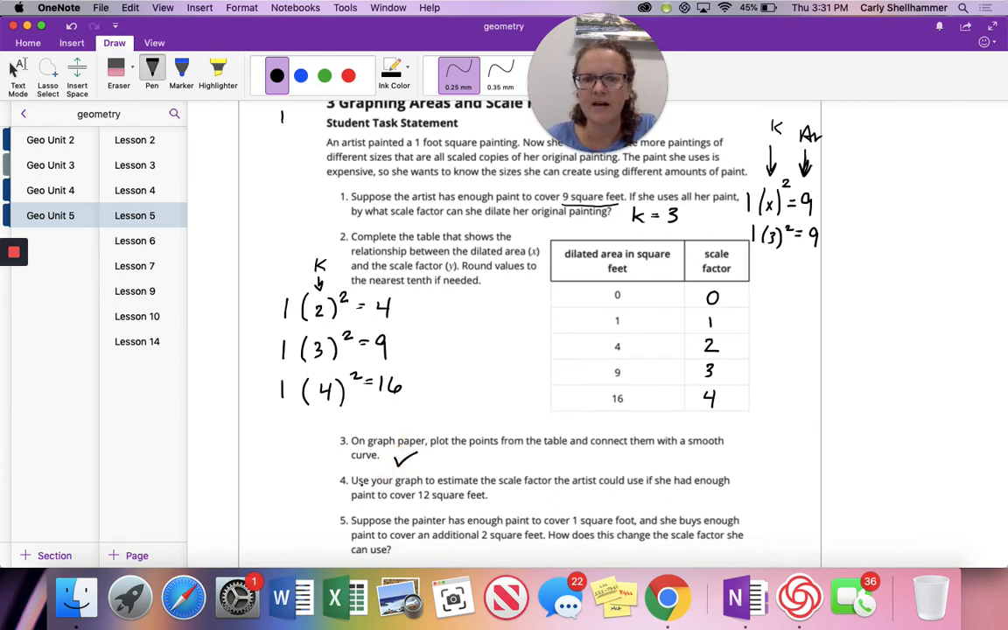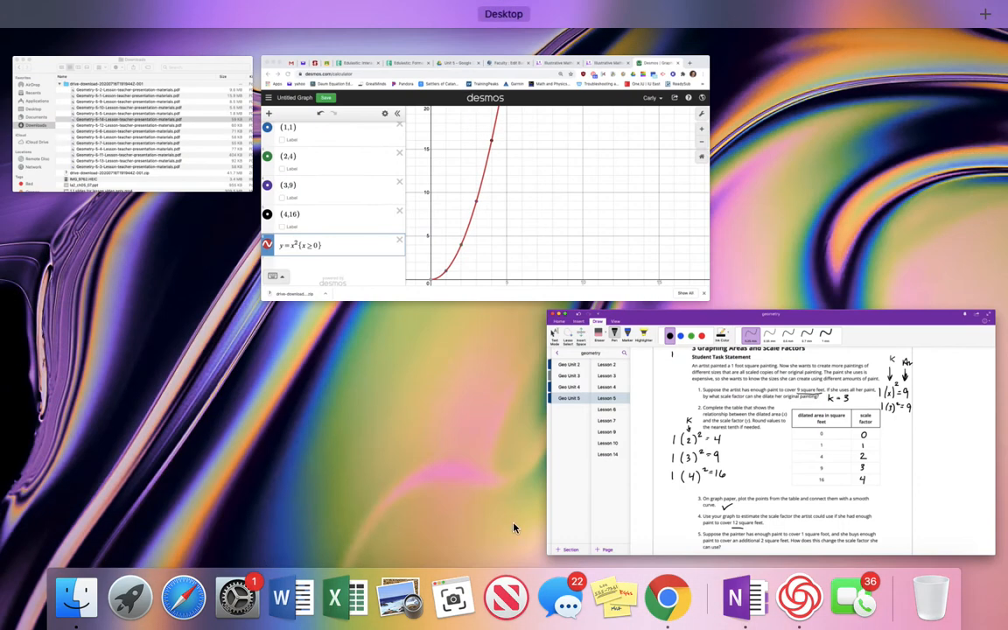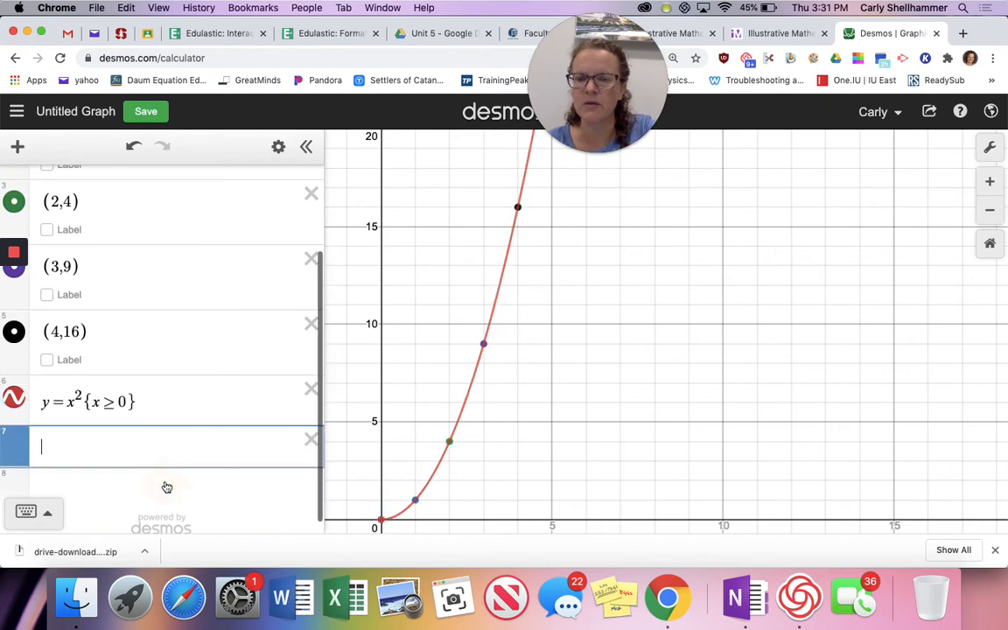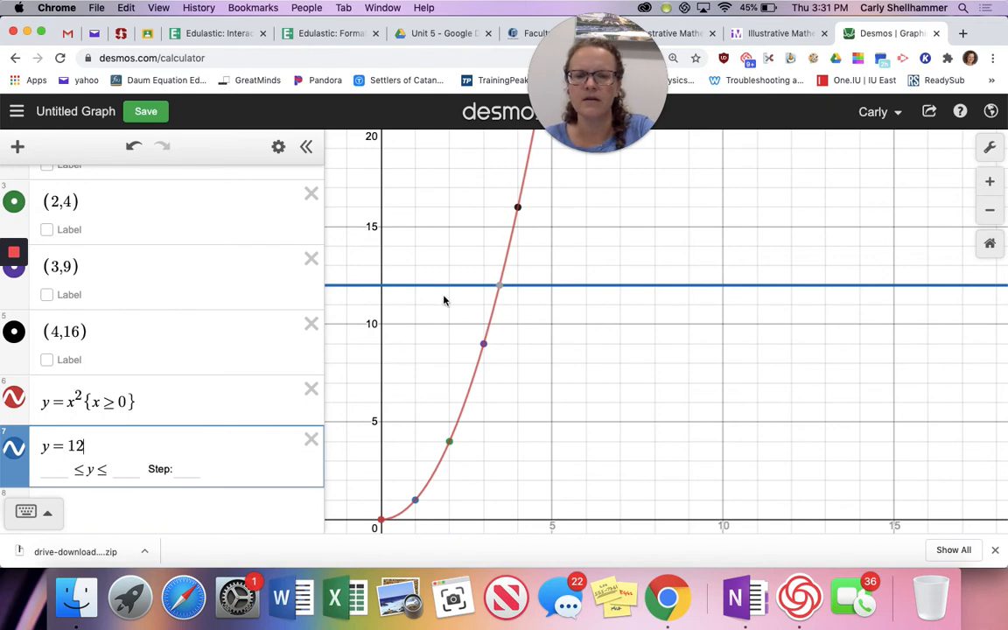Check. Use your graph to estimate the scale factor the artist could use if she had enough paint to cover 12 square feet. Okay, so 12 square feet is right about here. About 3.4. I can actually do a y equals 12 here and find where they cross. Our scale factor would have to be 3.464